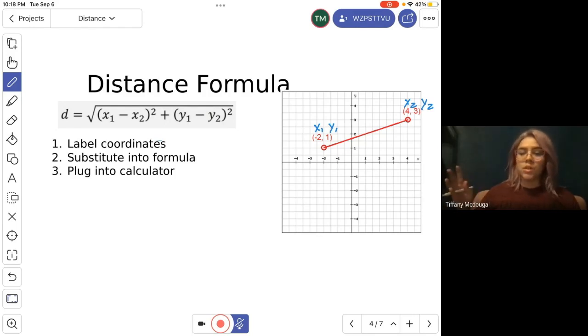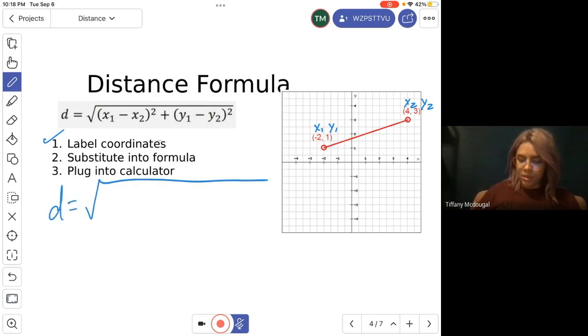It doesn't matter which one of these is the first coordinate or the second coordinate, as long as x1 and y1 are together and x2 and y2 are together. All right, and then from there, I labeled. And now I'm going to substitute into the formula. So I get d is equal to, I write this really big square root, x1, which is right here. I'm going to mark it out so I know that I used it, minus x2 squared, don't forget that squared,